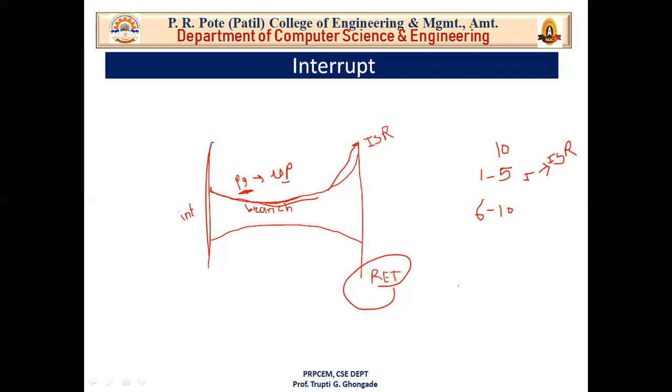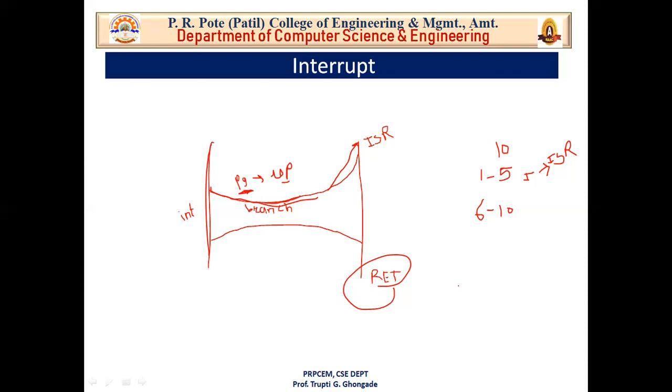Interrupts are used to handle unexpected events. Non-predictable. You don't know when they will happen, so you make an ISR and keep it ready. Whenever an interrupt occurs, the processor suspends whatever it is doing, goes to the ISR, solves the problem, and comes back to the program and continues. This is how interrupts work in real-world examples also. So this is the background of interrupts: what an interrupt is, how it occurs, and how to solve it.